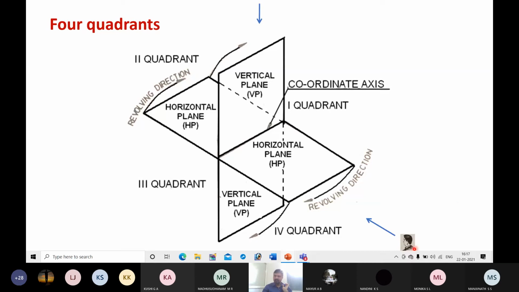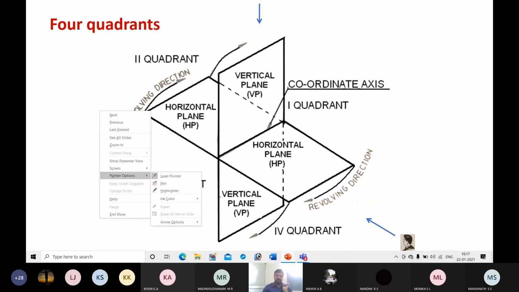And there is an observer, and there will be an object. This is the position of the observer. Imagine the observer is at infinite distance. In reality you cannot see that infinite, but now imagine that this is the position of the observer. He is at infinite distance and he is viewing an object. Now consider the object as a point.